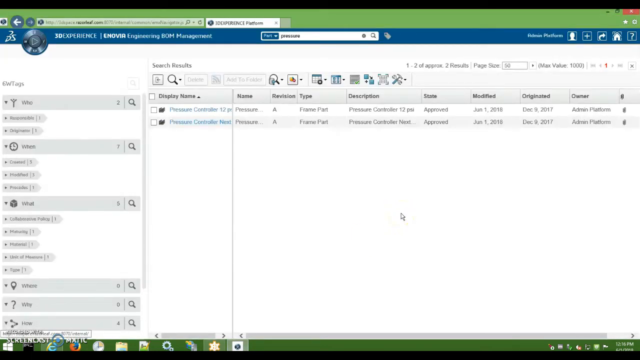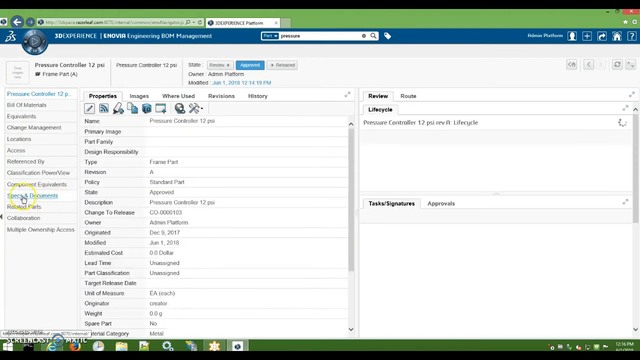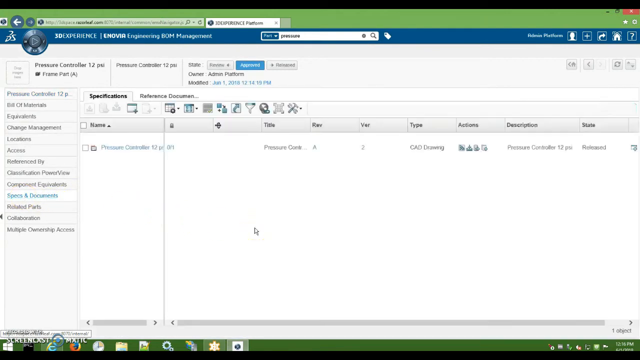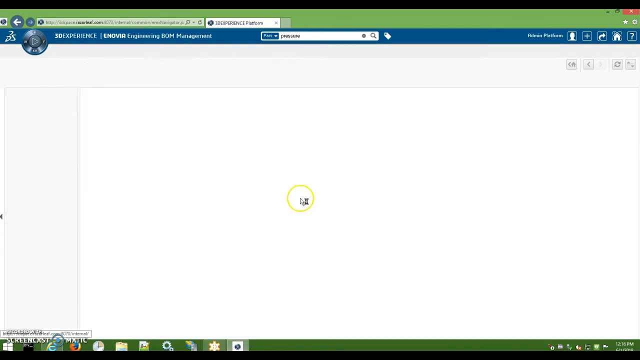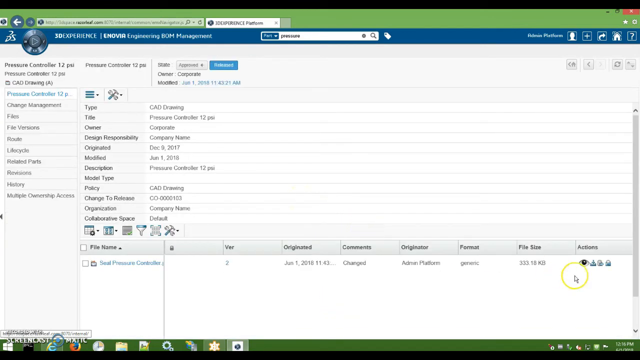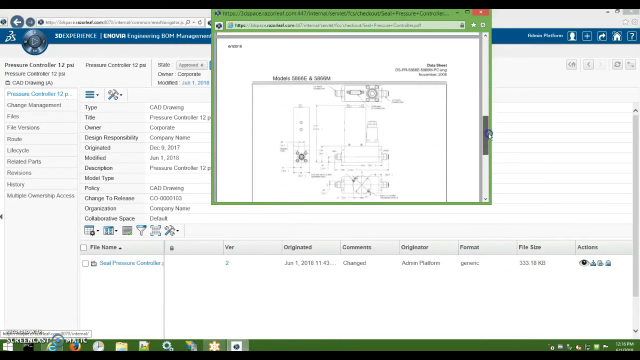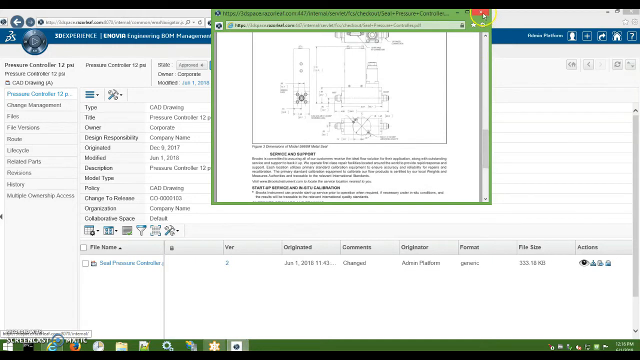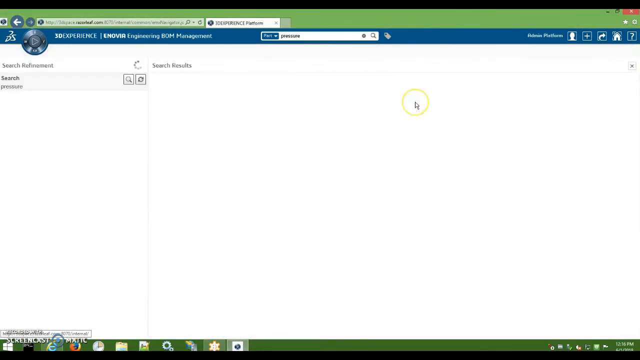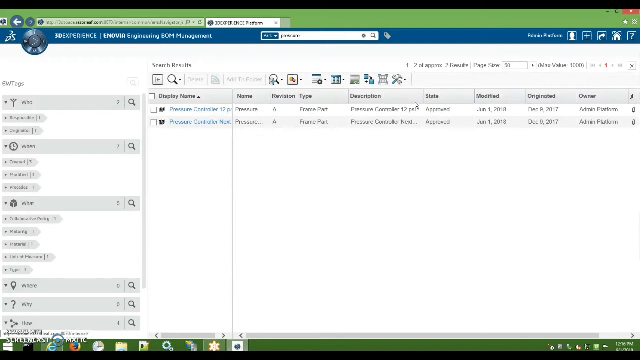First of all, inside of 3DEXPERIENCE, we have a number of CAD parts. These CAD parts, in this case, all have the word pressure in them. And again, the scenario is one of these CAD parts will be released. If we take a look at one of these CAD parts, we can also notice that if we look at the associated specifications, they have a specification linked to them. That specification in this case happens to be a PDF file, and that's what we want to copy over into Aras Innovator. So when one of these CAD parts releases, it should then be sent over to Aras Innovator using